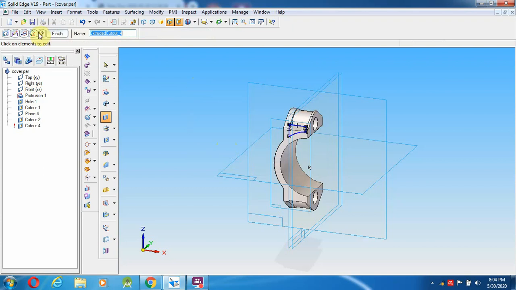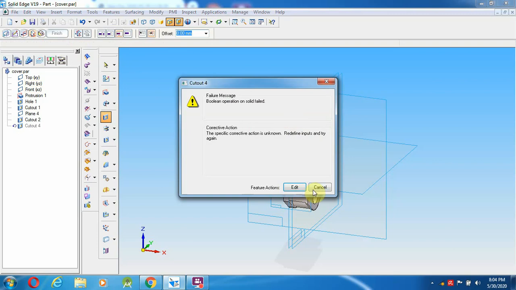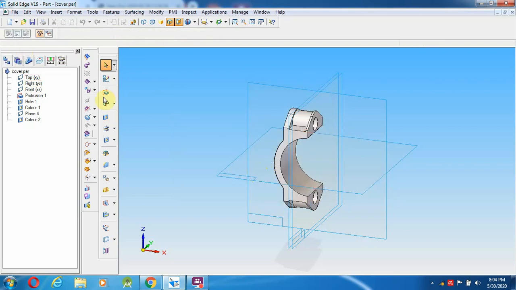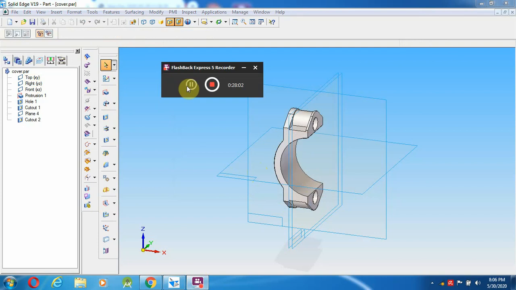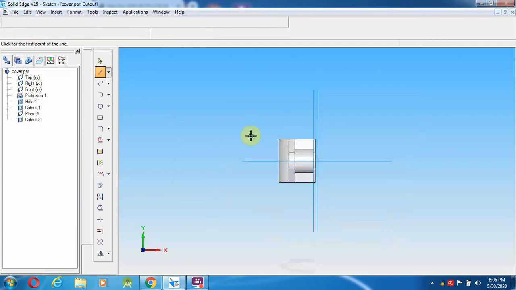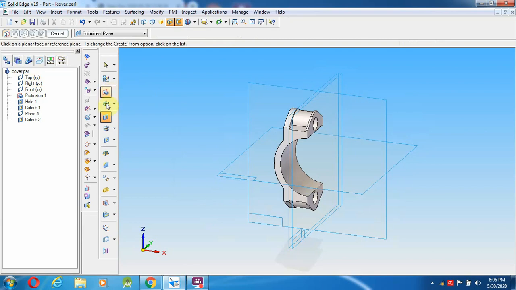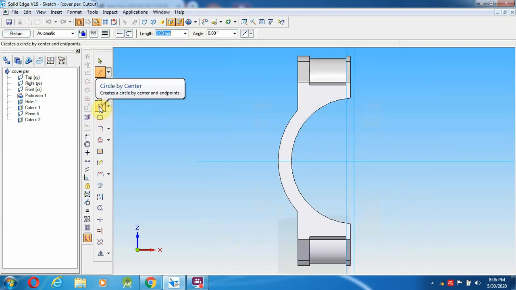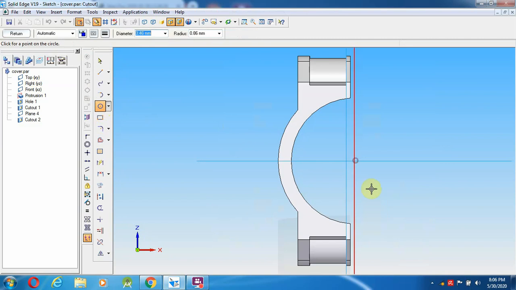Again I'm going to try with this surface. Cancel. Select the cutout option from here, return. So cutout from here, select a circle from here, what is this one? 58 mm.